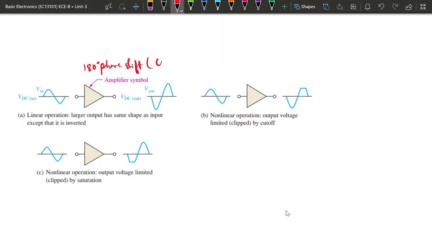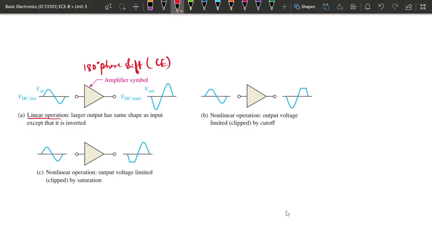It is obtained in the common emitter case. If a common emitter type of amplifier is there, we will get this type of phase shift. We will see that in later classes. Next, this is called linear operation. That means we are forcing the amplifier to work in active mode, which is called linear operation or linear mode. If it is in linear mode, amplification will be taken correctly.